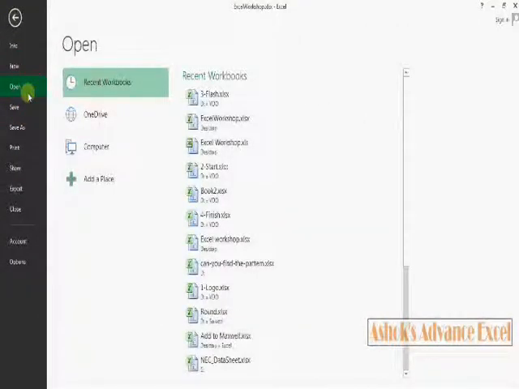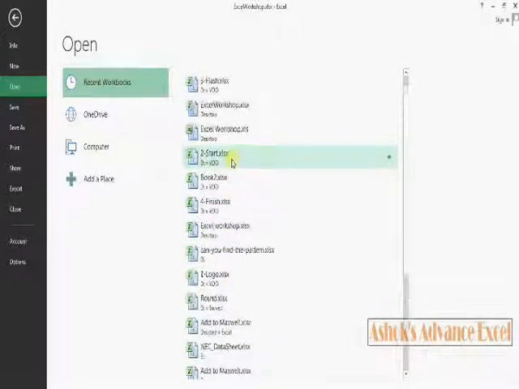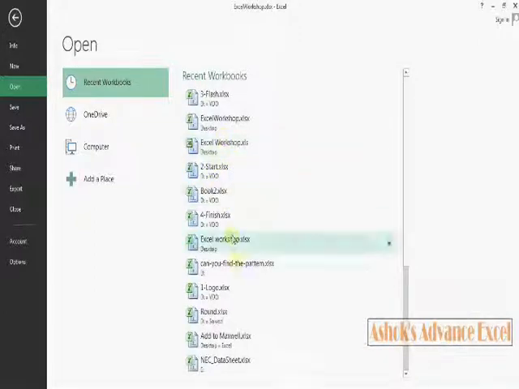The next tab is Open. Through this tab, you can see all the recently opened files here. You can directly open any file by clicking on the file name.